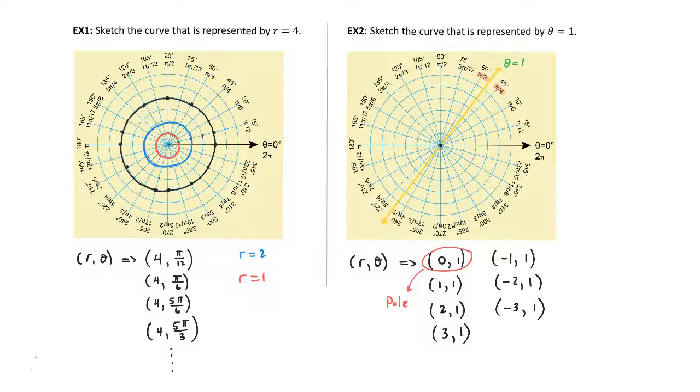equals 1. I'm going to go ahead now and start plotting some of these points. We started with the pole. Now we're going to do 1, 1. So that's going to be somewhere there. Then we're going to have 2, 1 right here, 3, 1 right here,